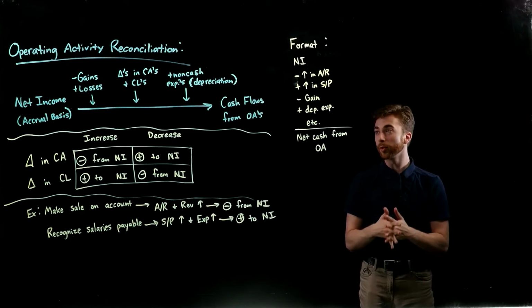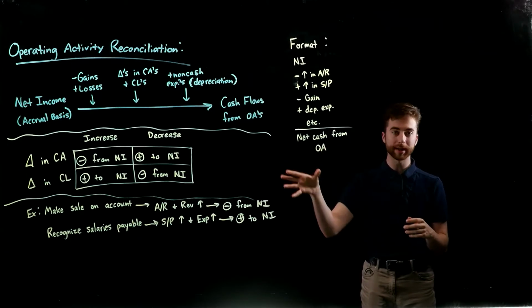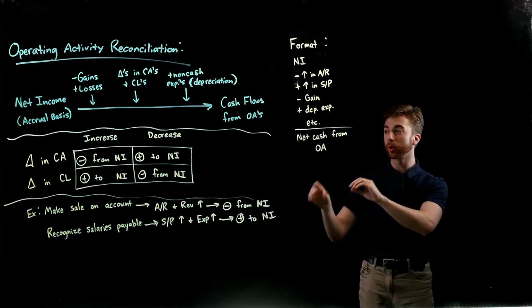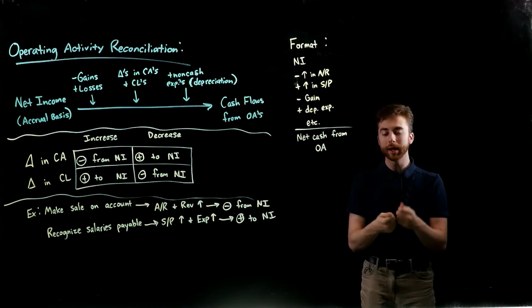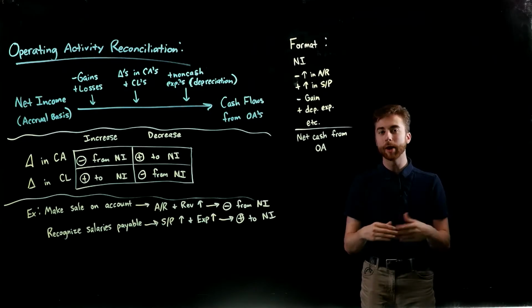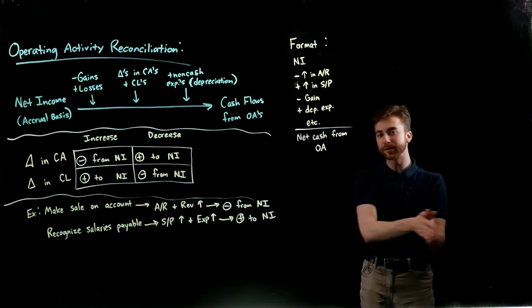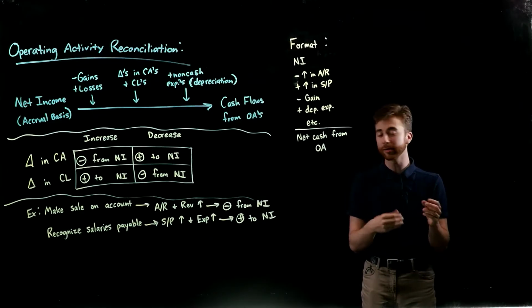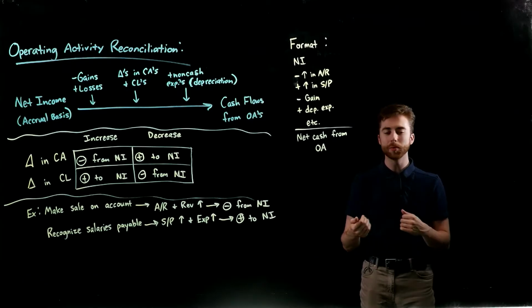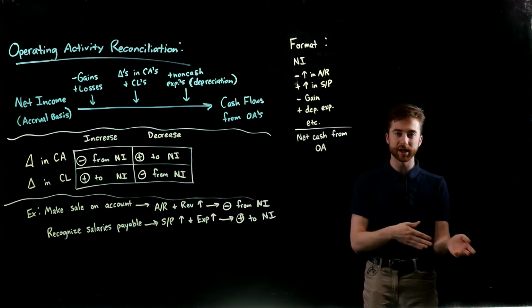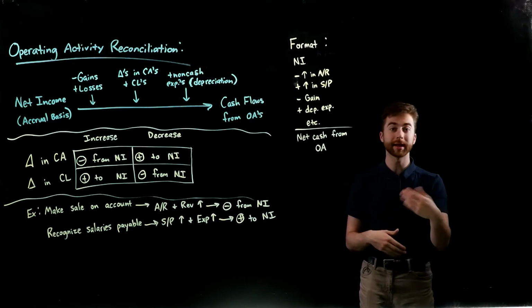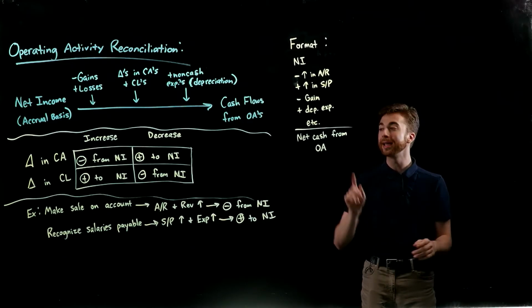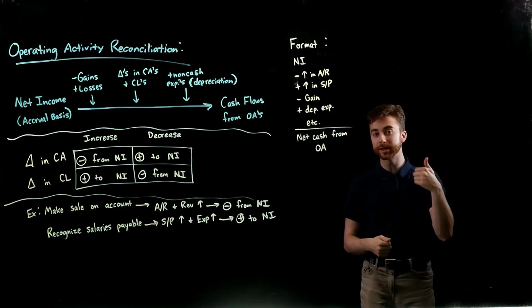So basically, when we're reconciling the operating activity section, we are starting with our accrual basis net income. And remember, when we're dealing with accrual accounting, you recognize revenues when you earn them, and you recognize expenses when you receive the benefit of the expense that you incurred. So it's not necessarily related to the cash, right? You might earn revenue by making a cash sale, and those would be one-to-one, but you might also earn revenue by making a sale on account,